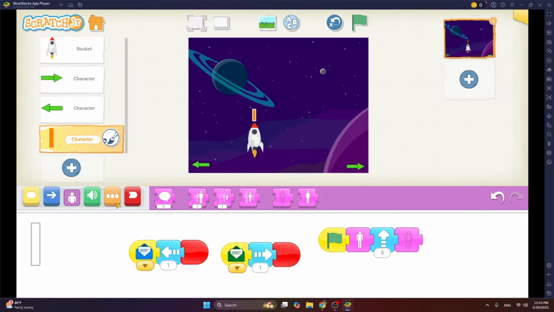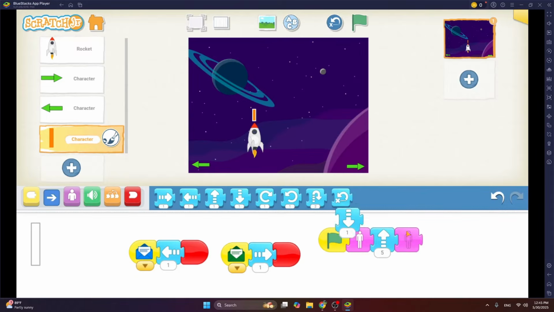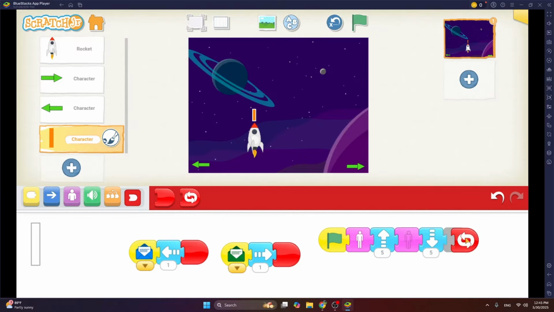And then while it is hiding, I'm going to bring it down, okay? So how can I bring it down? By using the down arrow key. And again, I'm going to choose 5 here, and then I'm going to make it repeat all the time. That is, the bullet shows itself, goes up, hides itself, comes down. So it looks as if our rocket ship is firing continuous bullets. Okay, so let's try this.